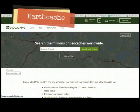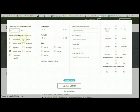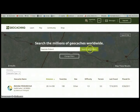I would also like to talk about something called earth caches. These are areas of geological interest, like Salpausselkä Ridge, or big holes in the ground, or rock faces, just different types of geological features which are interesting to see. You can change the filters here by pressing here. So I've unticked all these traditional, event, multicache, and I've gone for only earth cache. And if we increase this up to about 30 miles away, and I update the search, and now I search with these filters,